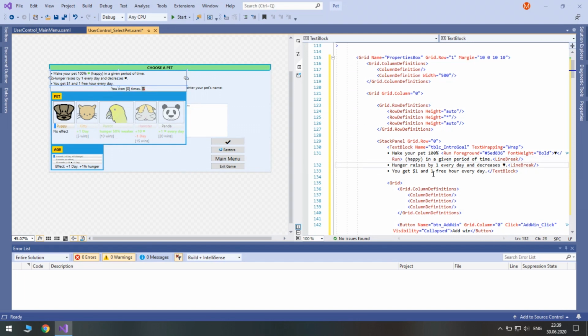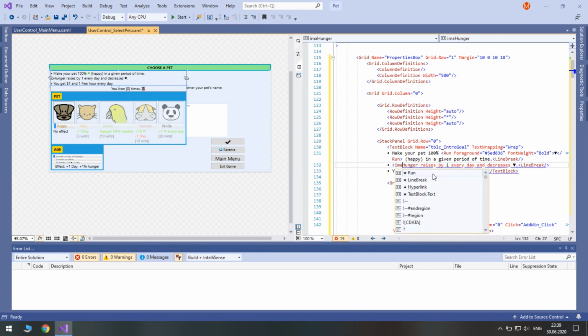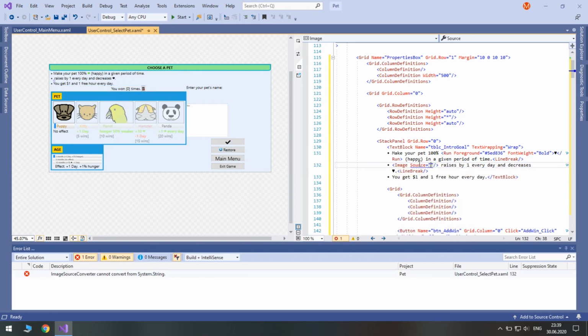Here we need our first icon of hunger. So image, let's set its source to back, application, colon, comma, comma, comma, images, and hunger.png.